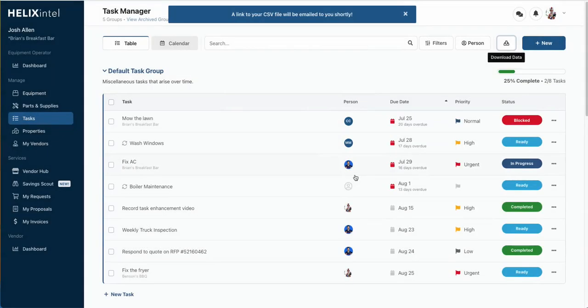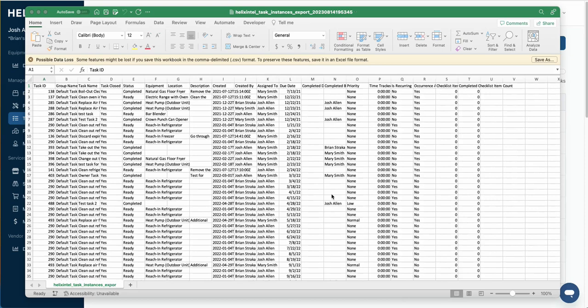I'll hit proceed, and then as you can see with the banner update at the top, a CSV file will be emailed to me momentarily. So as you can see, we have a variety of data points about all of these tasks. For example, each one has a unique task ID. You can see the group that it falls into, the name, the status of it, if it's open or closed, what it's related to, when it was created, who it was assigned to, when it was due, when it was